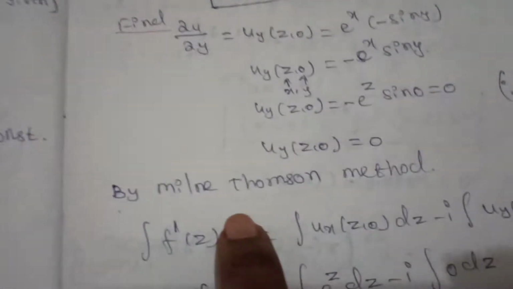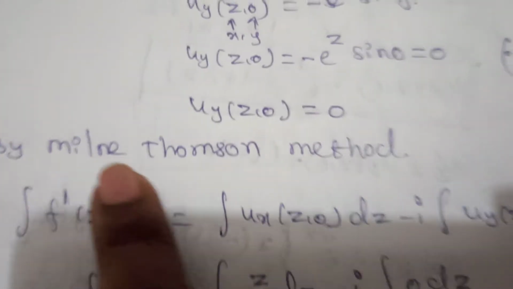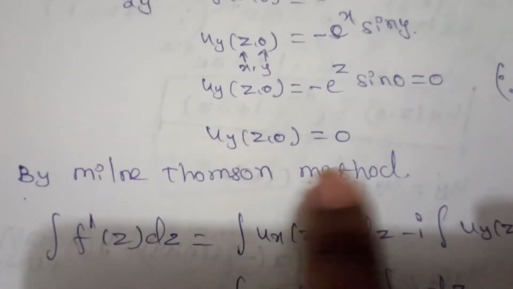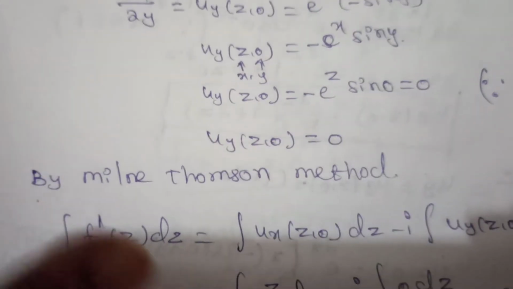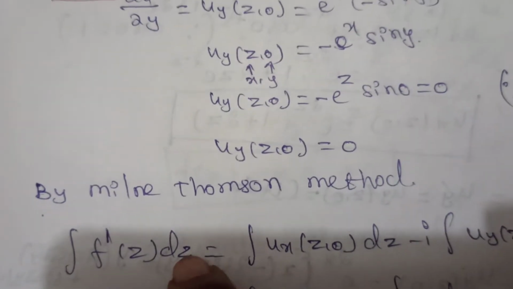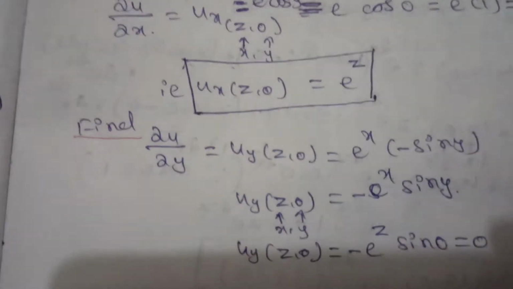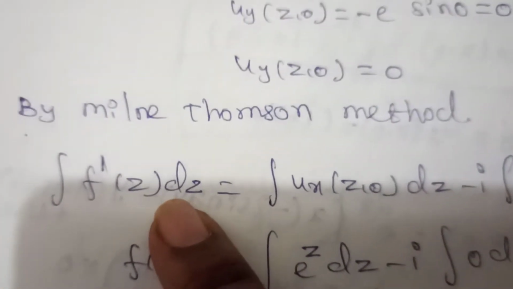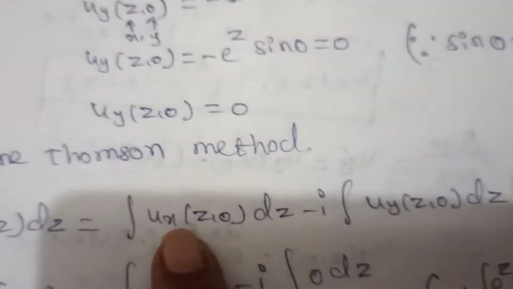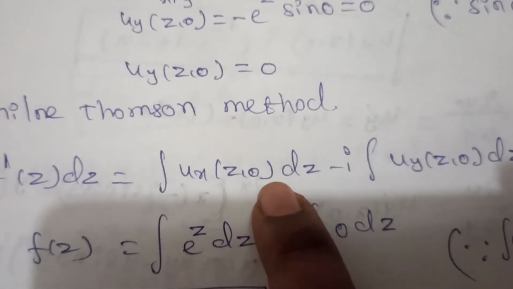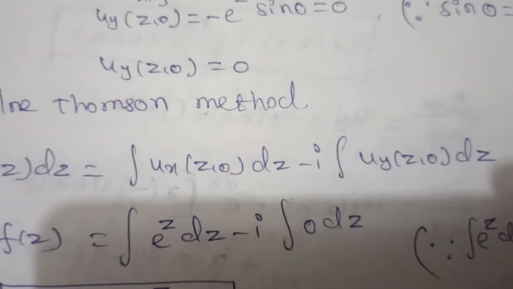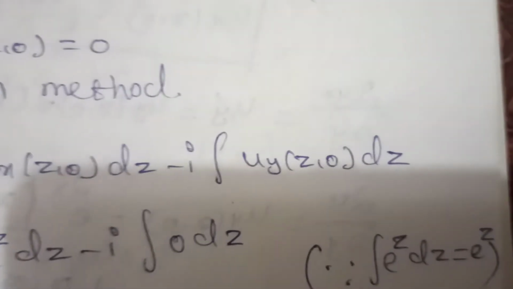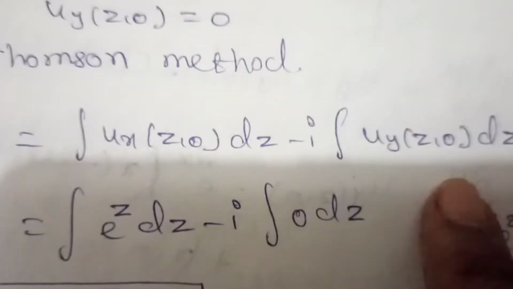And now, by using the Milne-Thomson method, first using type 1, because in this problem the real part is given. Using the Milne-Thomson method, the integral of f'(z) dz is equal to the integral of u_x(z,0) dz minus i times the integral of u_y(z,0) dz. Using this formula,